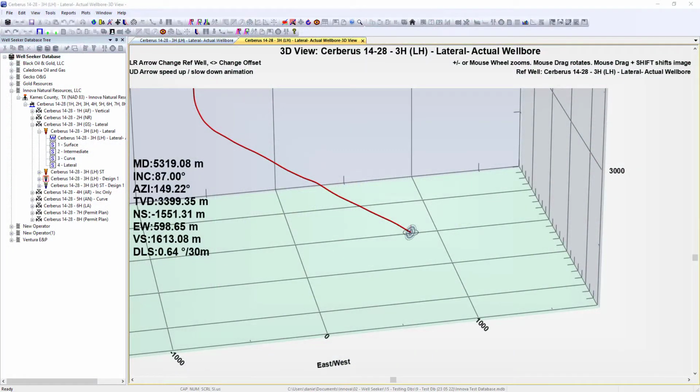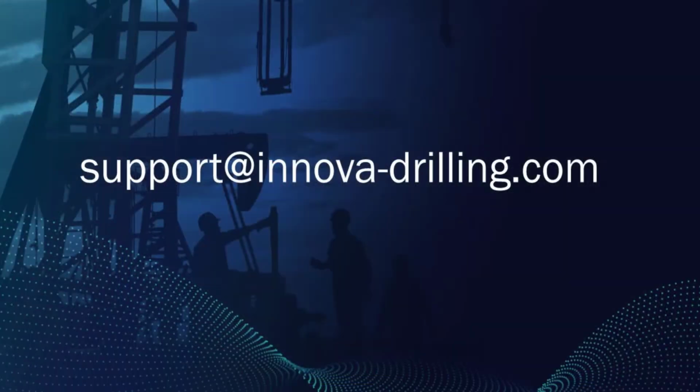Occasionally, you may run into an issue in WellSeeker that requires support from Innova in order to solve. If you are a field engineer, your first point of contact should be your coordinator. If they cannot help, they can escalate the issue to Innova Support. If a coordinator is not available, you can get in contact with Innova Support by sending an email to